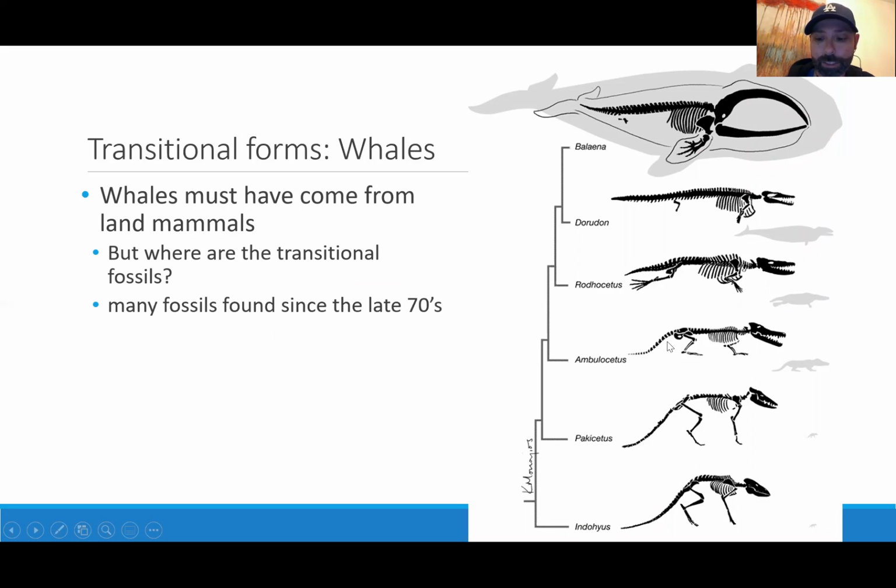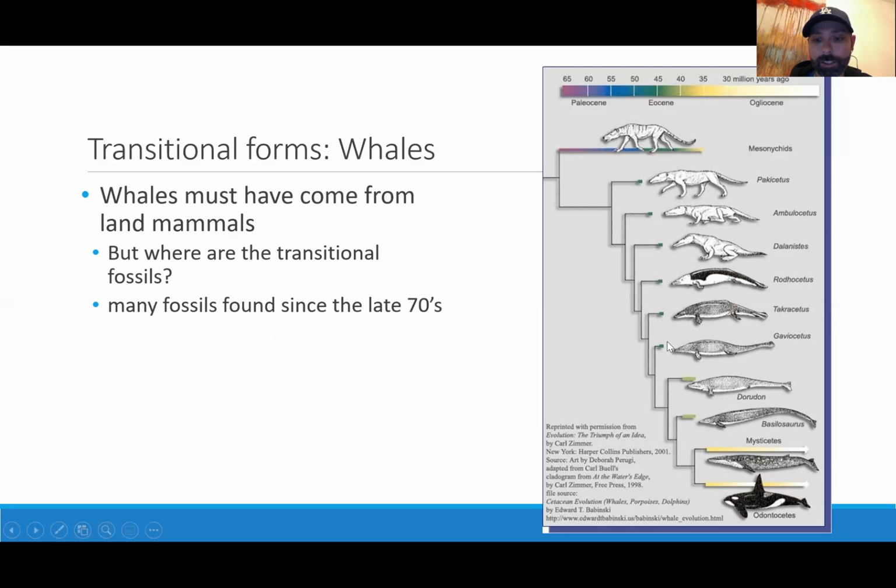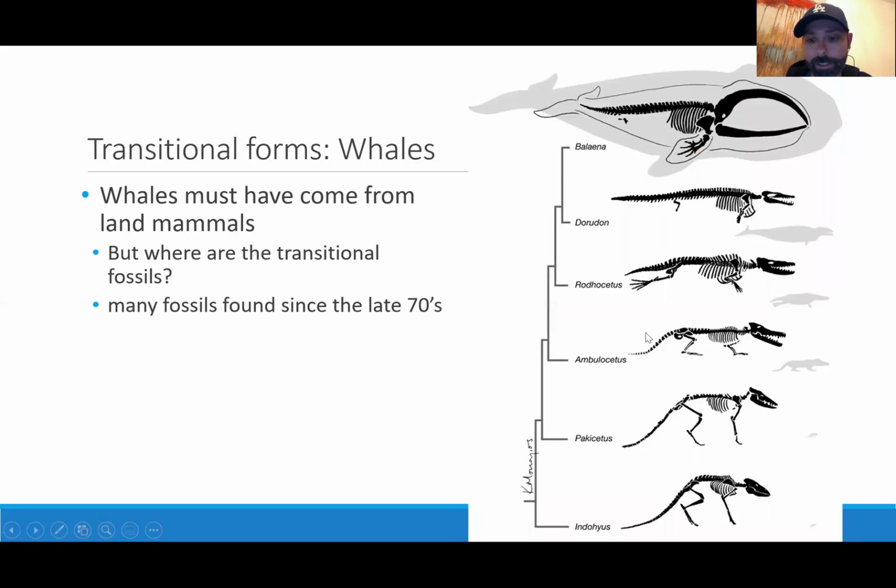The pictures here are not just people drawing things. For every single one of those pictures, we have a skeleton that lived a long time ago that actually existed, right? And so fossils tell us the story of how whales came from land mammals,